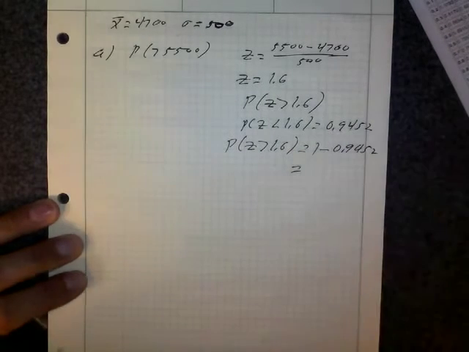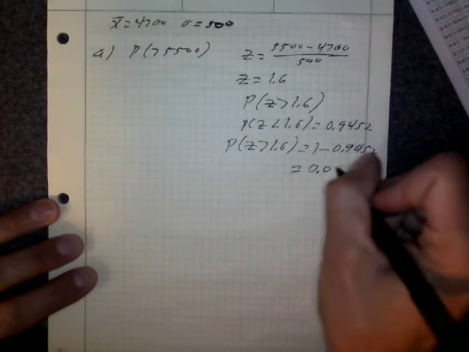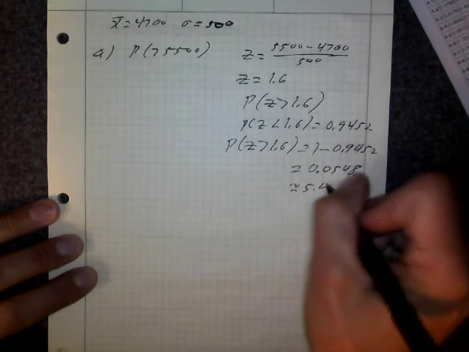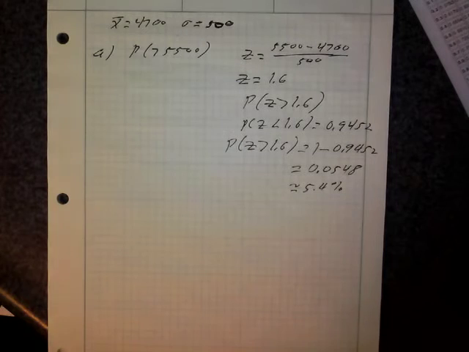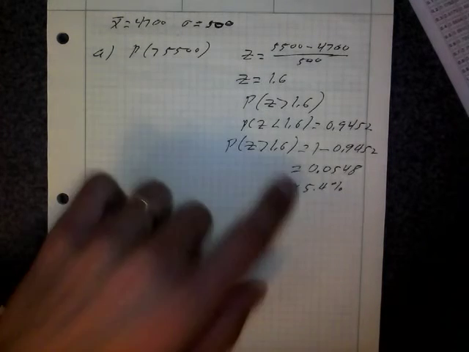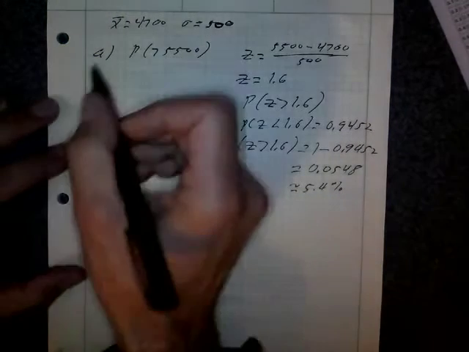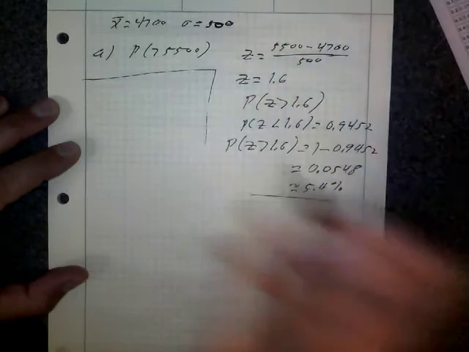Or the answer to this problem here would be 0.0548, or if I multiply by 100, about 5.4%. So the chance of selling greater than 5,500 oranges is about 5.4%. So that's generally the way these problems are going to go. Let's just proceed here. Try and save a little room here, so I'll do part B